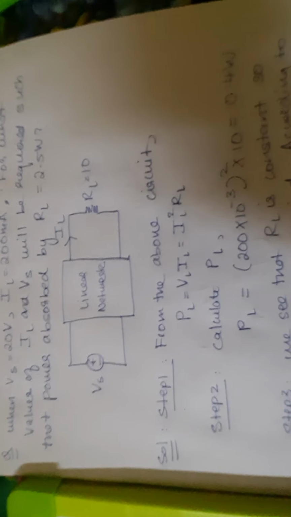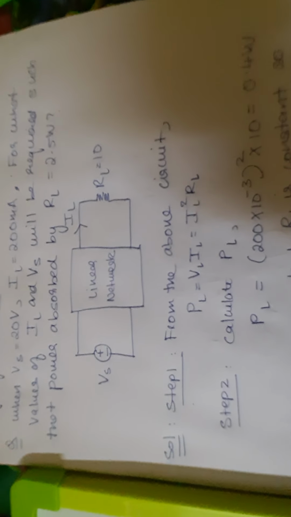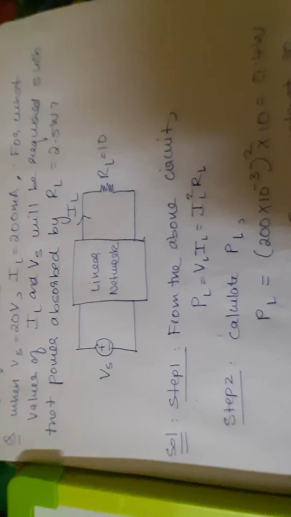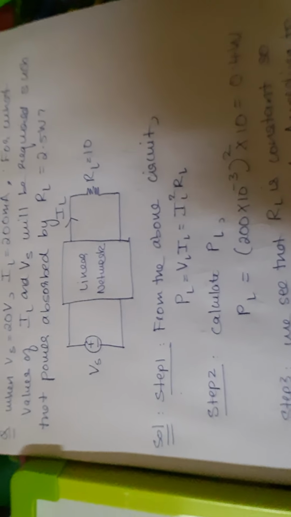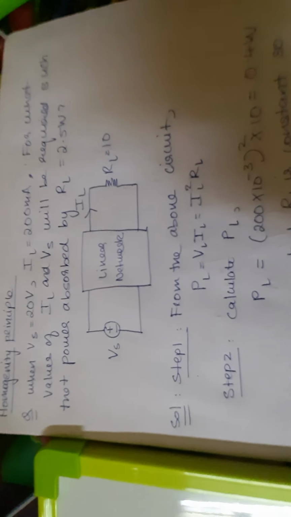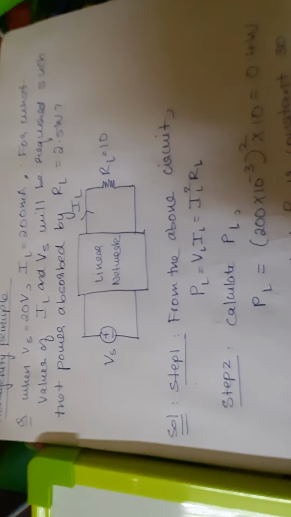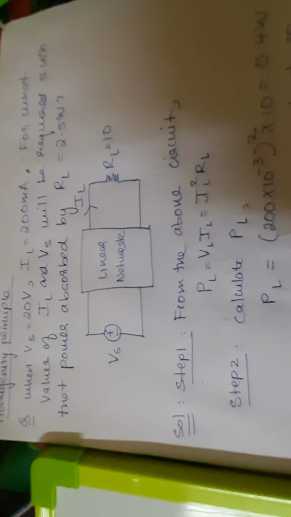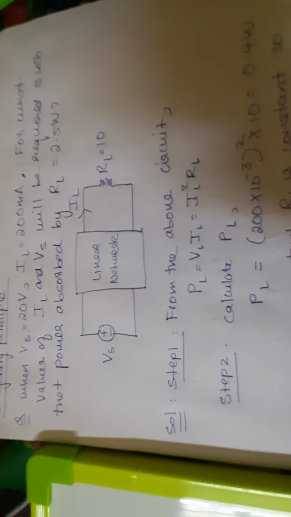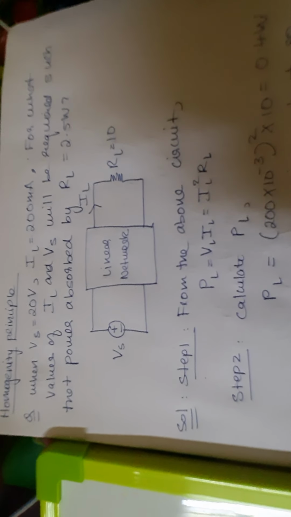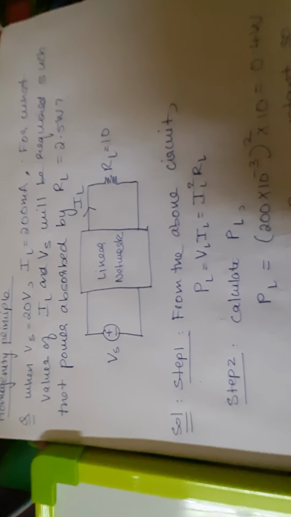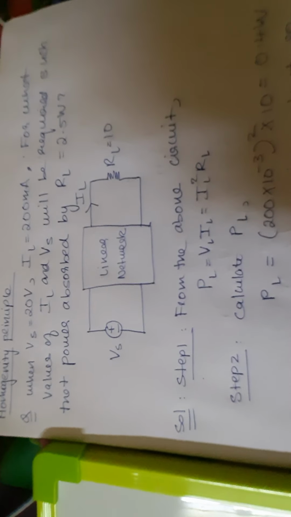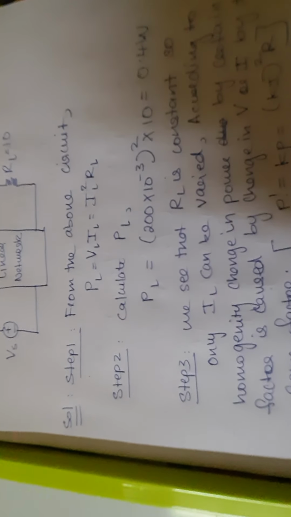Now what we can see is, no matter what the value of VL and IL be, the value of RL is always constant, which is 10 ohms. So that cannot be changed. Now we have asked to find the values for a respective power, and we see that only Vs and IL can change. In the relation which we have used, we don't use Vs anywhere, we use only IL. So whatever the change has to be made, it has to be in IL alone. So this is what the homogeneity principle says.